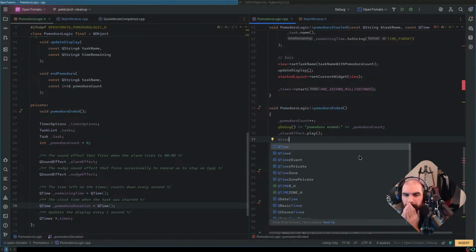I don't know if it's going to work because this is seconds since midnight. So I think this is going to have weird issues because this is seconds since midnight.